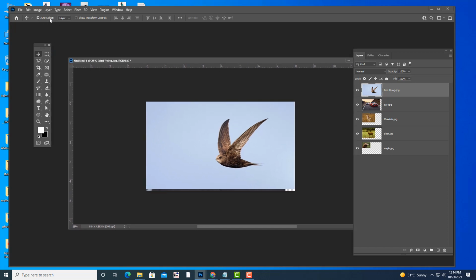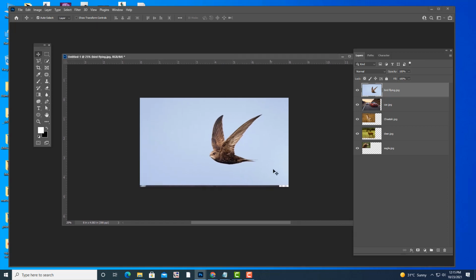and here we have an option auto select layer. So first we will turn on this option, then I will show you what will happen if you turn it off. Normally if this auto select option is on, it means that the images will be selected automatically, when you take your mouse and click, that image will be selected. See here.